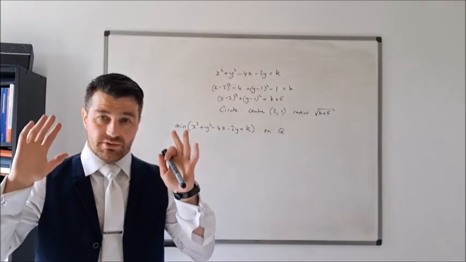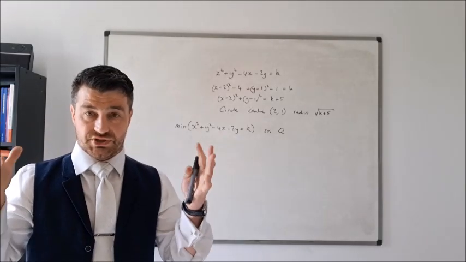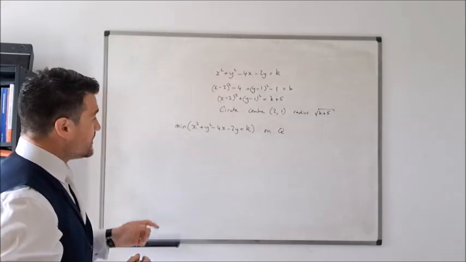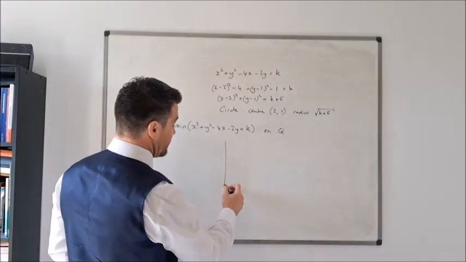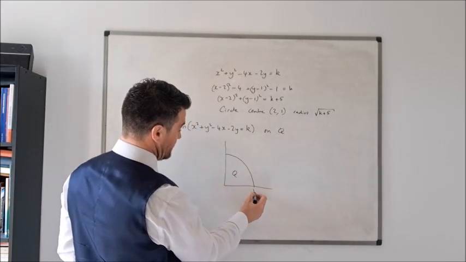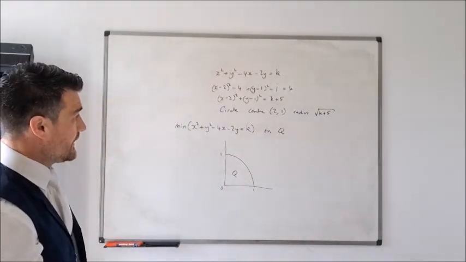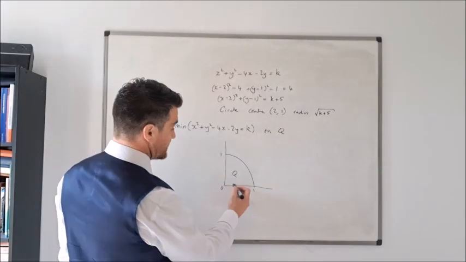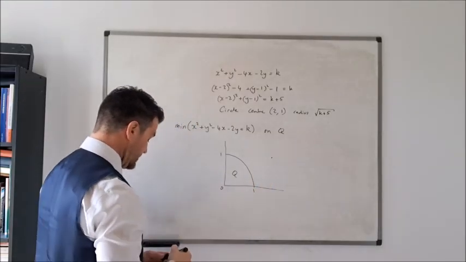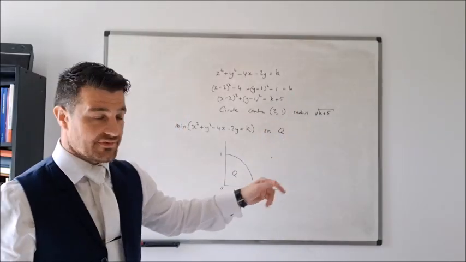So again, maybe a geometrical picture of what's going on, just like we've been doing for all of the previous ones where we're drawing the lines and things like that. What does this situation look like? How can we visualize it? So we've got our region Q, with vertices 1, 1, 0, and we've got a circle now of center 2, 1. So that's going to be, let's put it about here. That's the center, of radius square root of k plus 5.